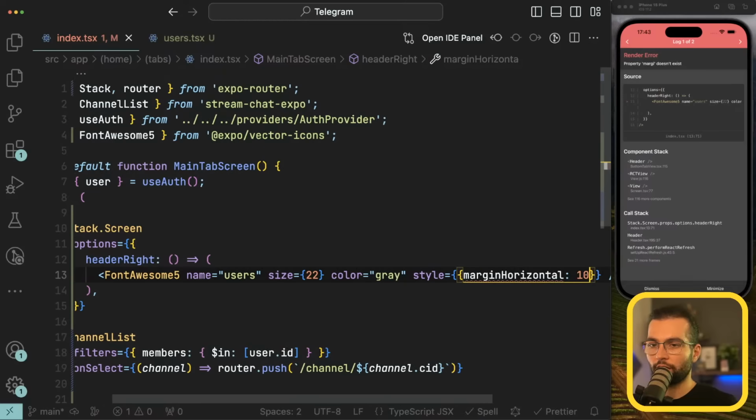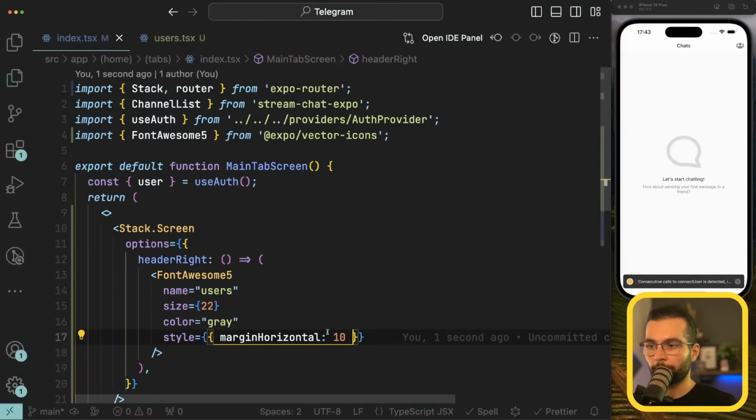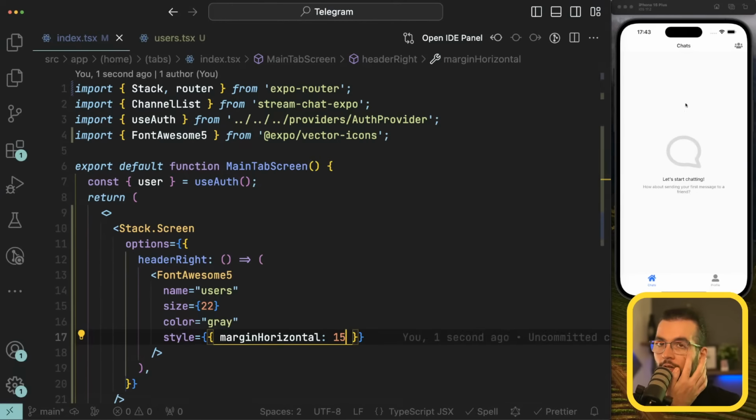Horizontal 10. 15. Okay, that's good. So now in the header we have this